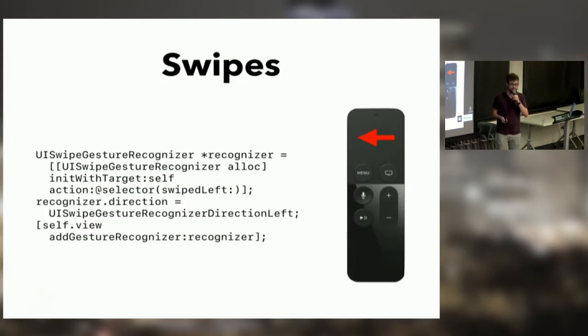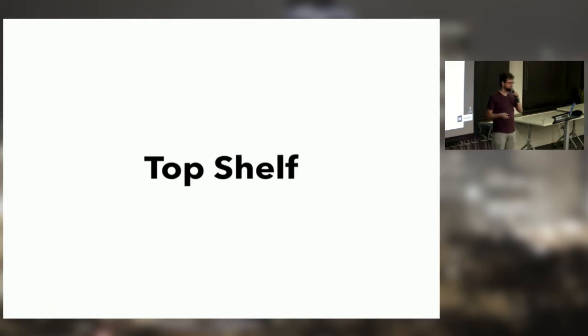And then swipes, this is literally indistinguishable from iOS code. There is no difference. You can just detect swipes. It's very simple. You use a UI swipe gesture recognizer. It does get kind of funny if you build a view hierarchy that has a bunch of focusable elements and you're also using swipe gesture recognizers. I get the feeling that there will be some strange effects if you do it that way, but you can experiment with it.